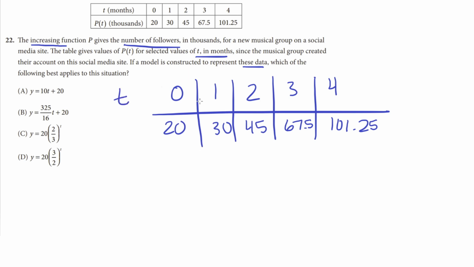In the input values, the independent variable, every time it's just changing by 1, so it's a constant change. So let's see the changes in p of t, the dependent variable. We see that this increases by 10 from 20 to 30, then it increases by 15 from 30 to 40, and then it increases by, oh, sorry, this increases by 20. So 67.5 minus 45 is equal to